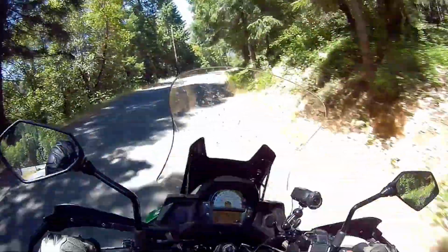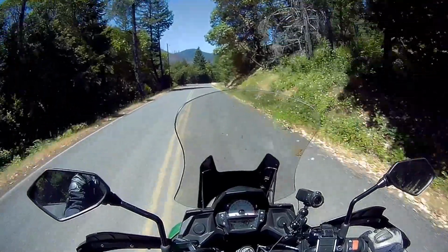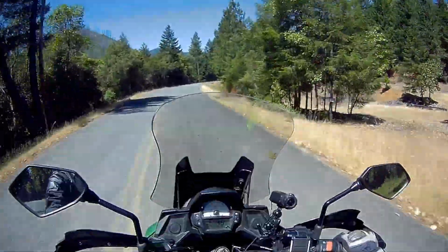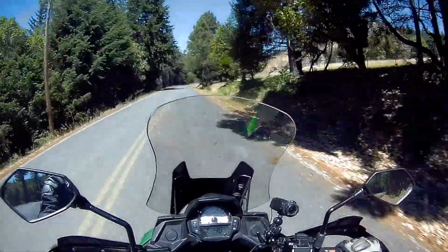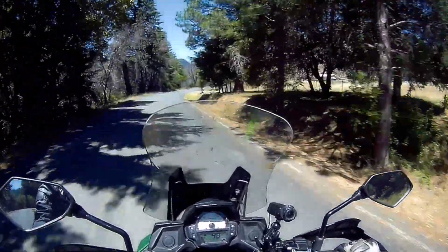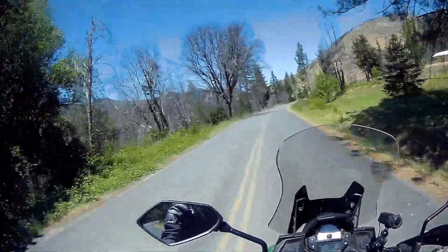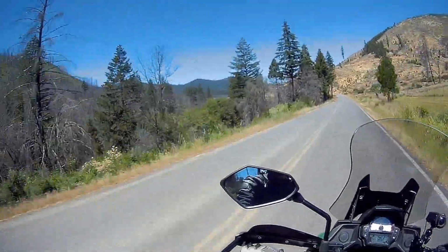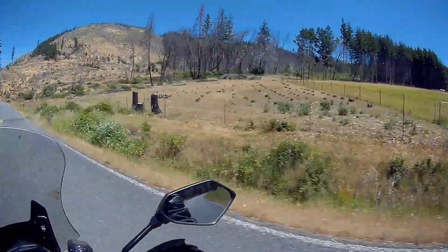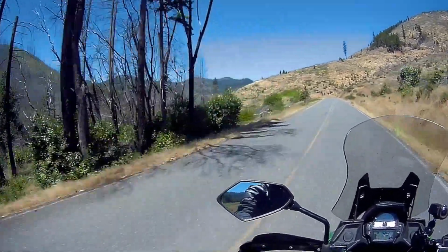So the road itself gets really, really good for a while. As you'll see, shortly up the road here, it is actually some of the most amazing roadway that I've done, other than the bleak landscape, which you'll see. But if it's hot, Cow Creek can be kind of brutal. So mind when you're coming here, there isn't a whole lot of shade, and you'll be seeing that again as this review progresses. Here you can see the aftermath of a long, I don't know how long ago, but forest